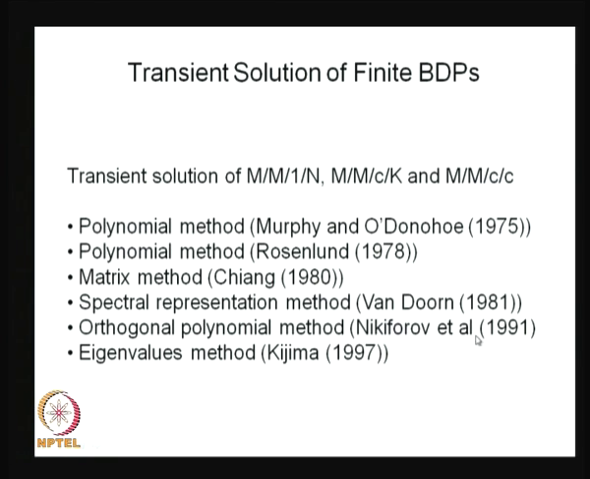and Nikiforov et al. in 1991 also gave the transient solution using orthogonal polynomials. And later Kijima also gave the solution using eigenvalue methods. So these are all the literature for getting the transient solution of a finite birth-death process, and here I